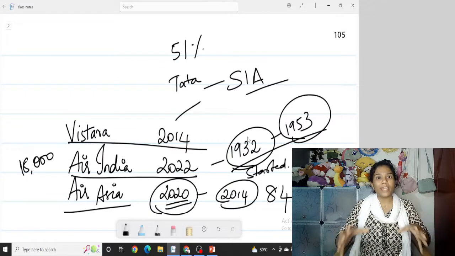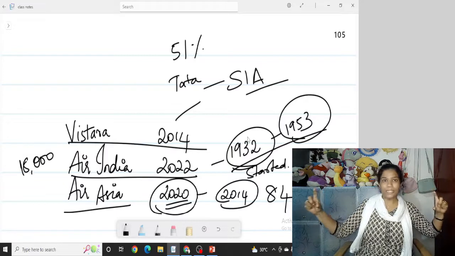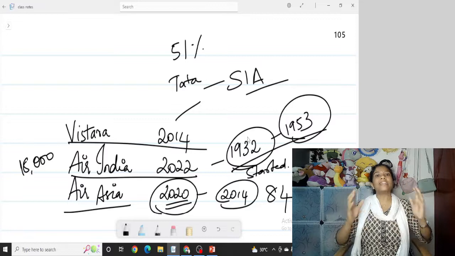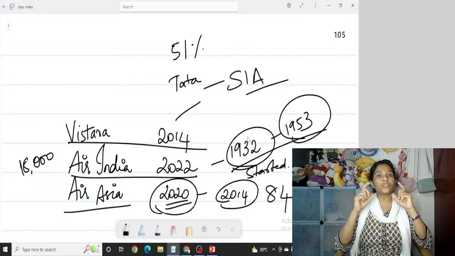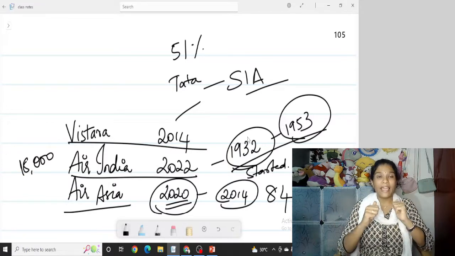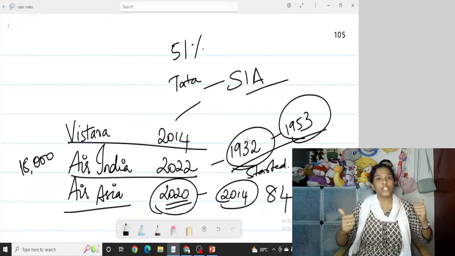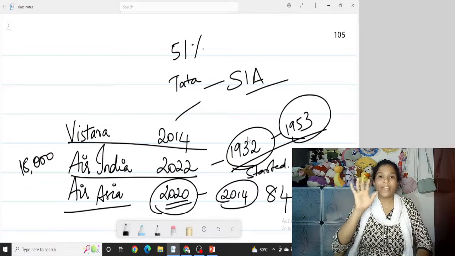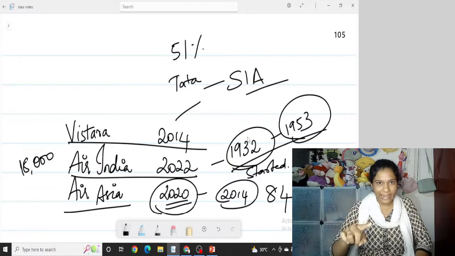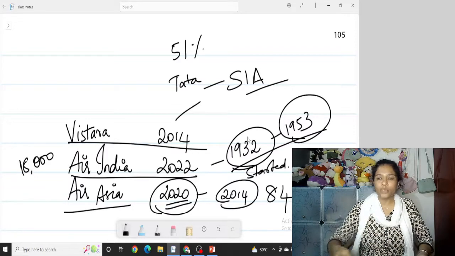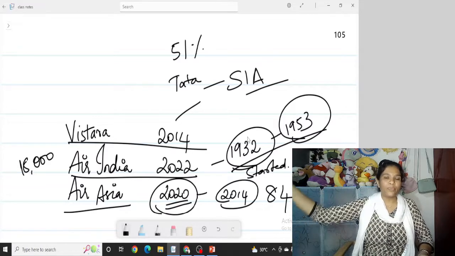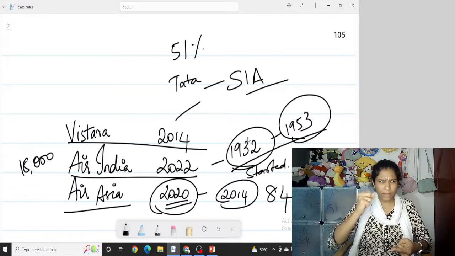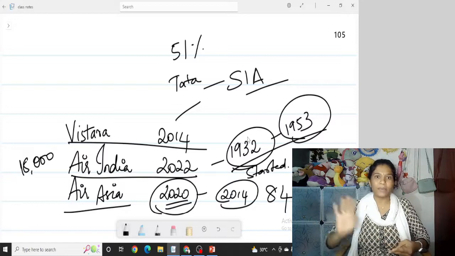So again, we're talking about horizontal integrated diversification. Tata Group is the best example for it. We're talking about Vistara 2014, Air Asia 2020. You acquired Air Asia in 2020 and increased the stake. Tata Group holds 84% of shareholding in Air Asia, and it will take no time to get 100% from the other shareholders, so no problem. Air Asia can become a 100% stake under Tata Group, and Air India is already 100% stakeholding, and